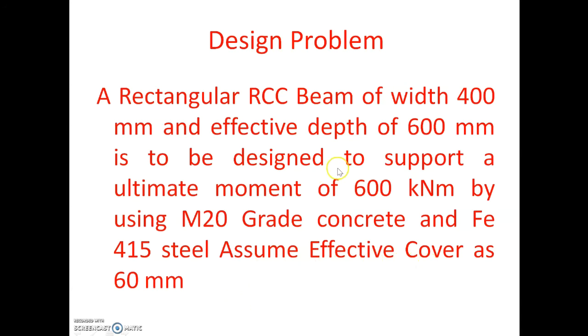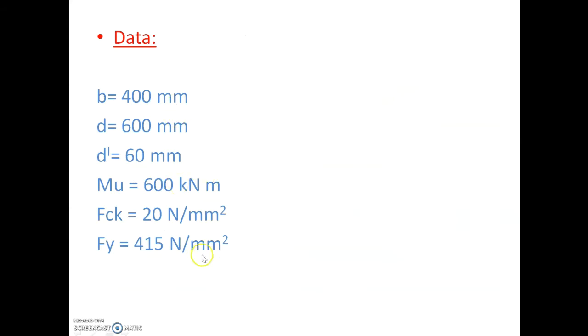60 mm. In this case, small b is equal to 400, small d is equal to 600, and Mu, that is ultimate moment, is equal to 600 kN meter. And M20 grade concrete and Fe415 steel is used, and d prime is equal to 60 mm. So this is the given data,